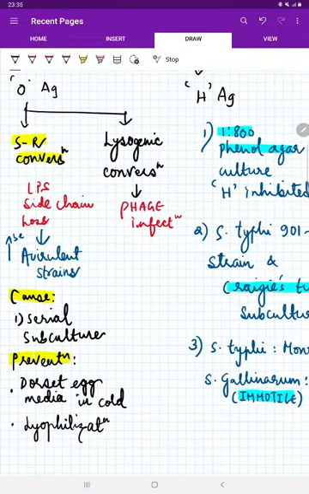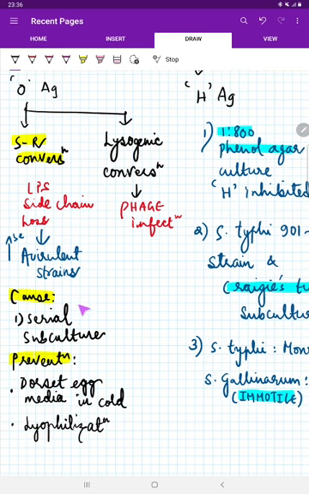Next is the O antigen. Simple. The O antigen is basically on the surface, in the cell wall we have, right? It is the lipopolysaccharide. There are two things. One is lysogenic conversion. Lysogenic conversion is when a phage infects and the lipopolysaccharide is changed. Apart from that, there is something called SR conversion, that is smooth to rough colonies. As we've already seen in pneumococcal bacteria, there are smooth and rough colonies. Here in S to R conversion, the smooth becomes rough. It means the lipopolysaccharide side chain is lost. Because of the side chain loss, the core of the lipopolysaccharide is exposed. Because of that, the strain becomes avirulent.